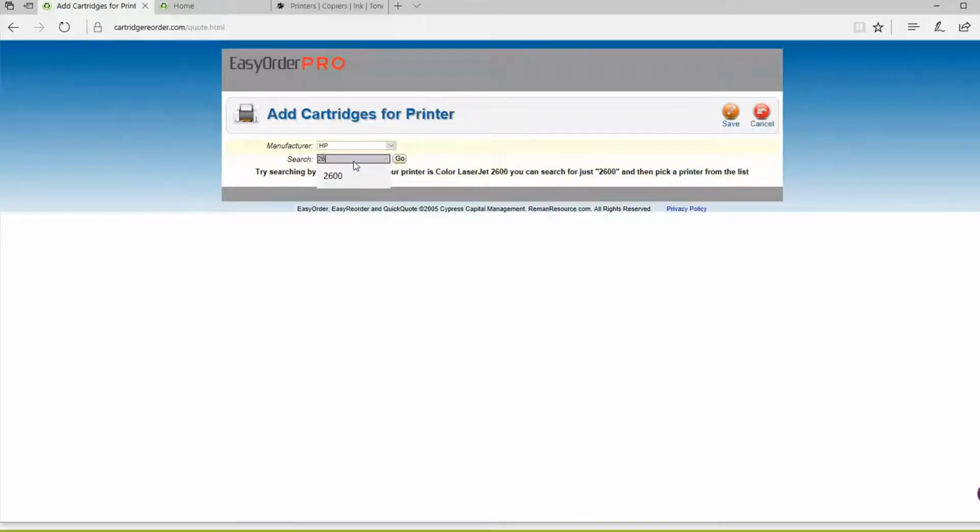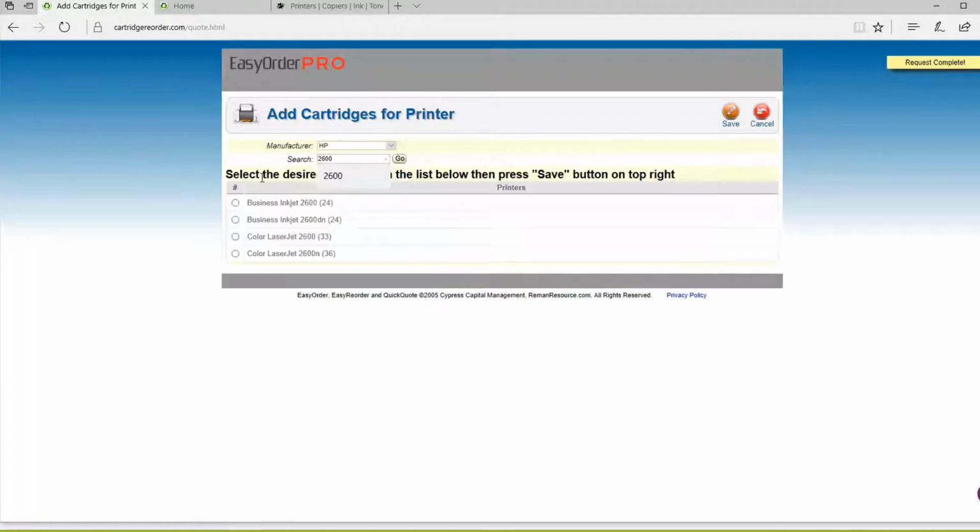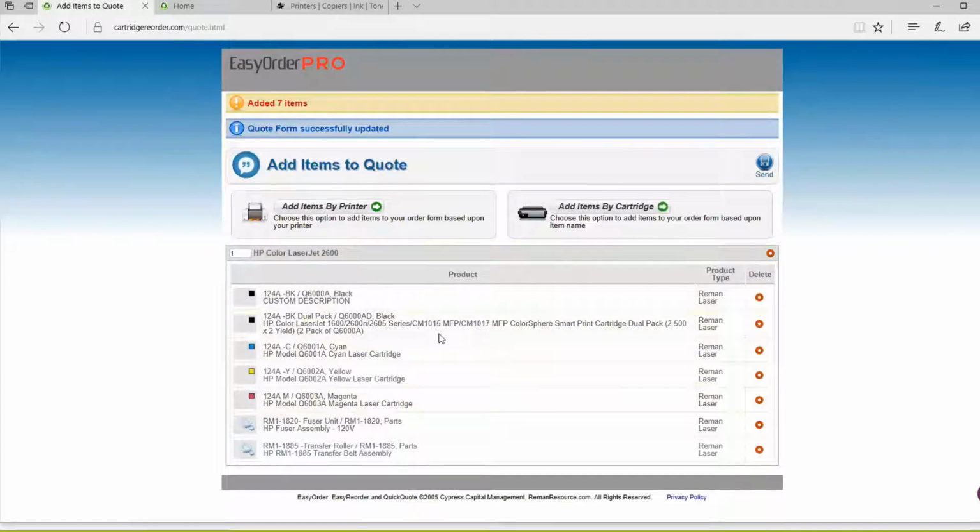And again, we just wanted to keep it simple, so we said, look, if you're trying to find things, just type in the model number. You'll find it a lot easier than anything else. And then the customer just clicks on the button, chooses save, and now this item is on their quote with